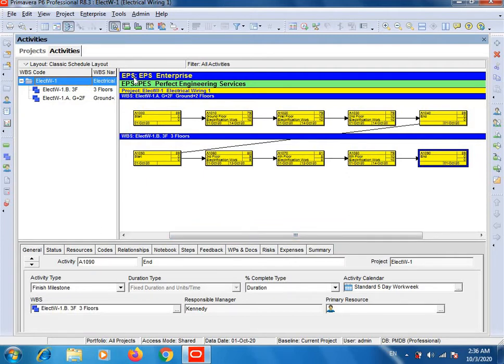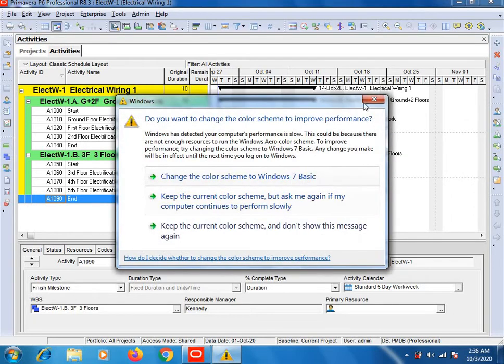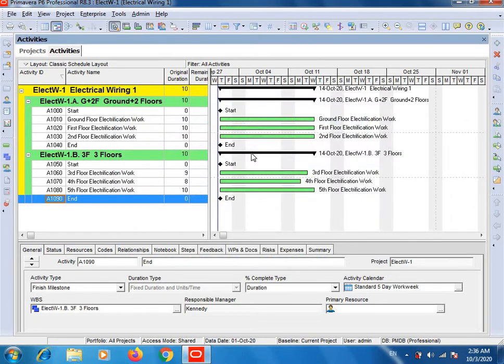After this you will click on the Gantt chart here, Gantt chart. Still you won't see any changes, because a few other important steps are required. So click on relationship lines here on this icon.